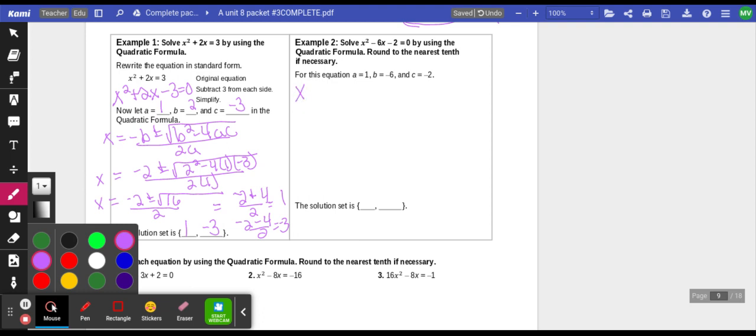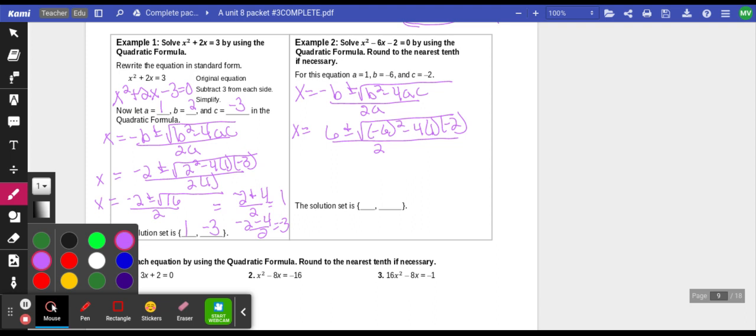So I do my formula. X equals negative b plus or minus the square root b squared minus 4ac all over 2a. And substitute. So it's negative negative 6, so that's really just 6 plus or minus square root. It's important that I put that negative 6 in parentheses when I'm squaring it. Minus 4 times 1 times negative 2